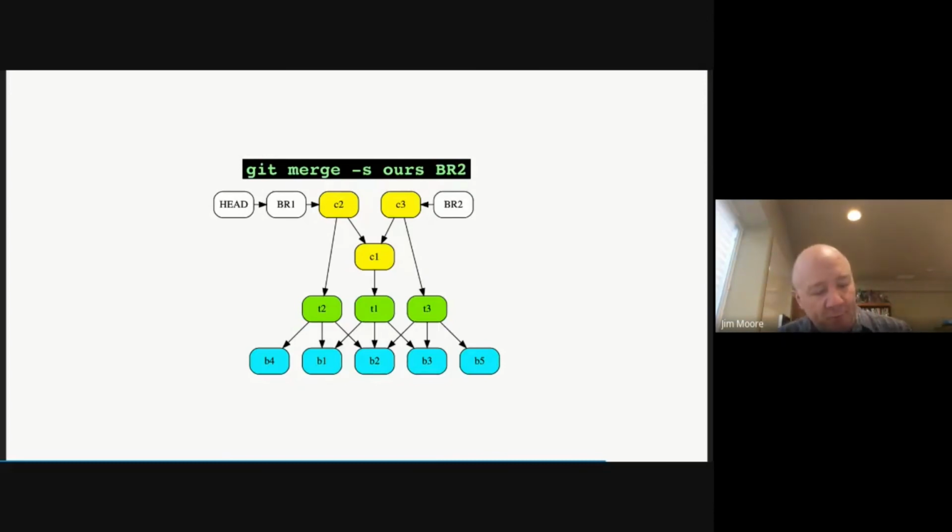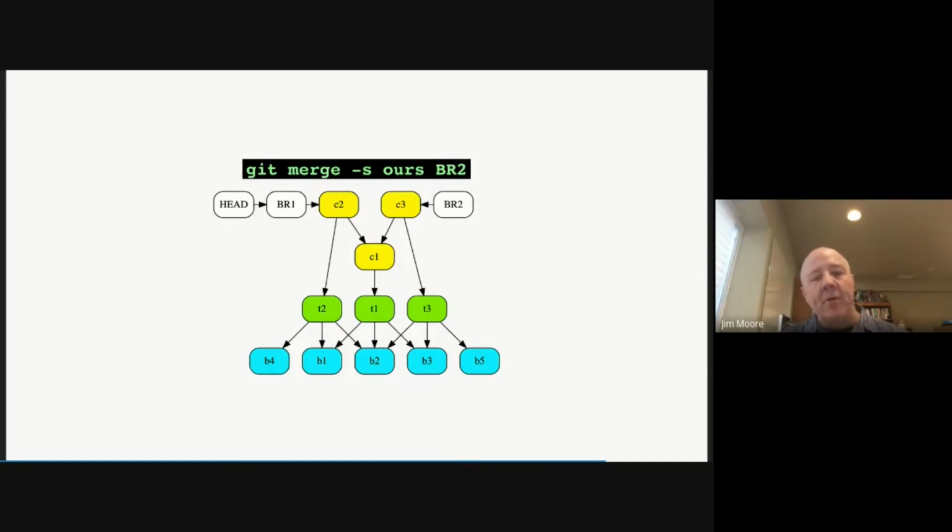What's beautiful is that since we're just dealing with pointers, we can do a lot of the pointer trickery that we do in our programming languages when we're working with trees and pointers.